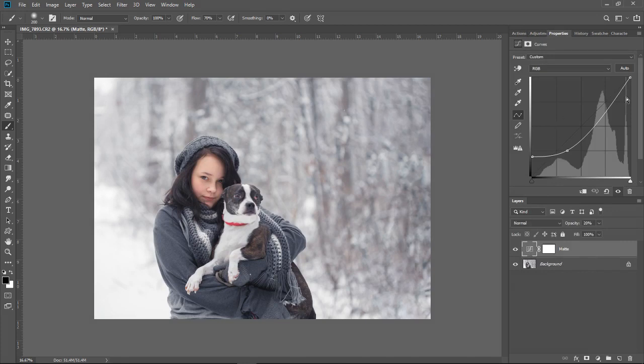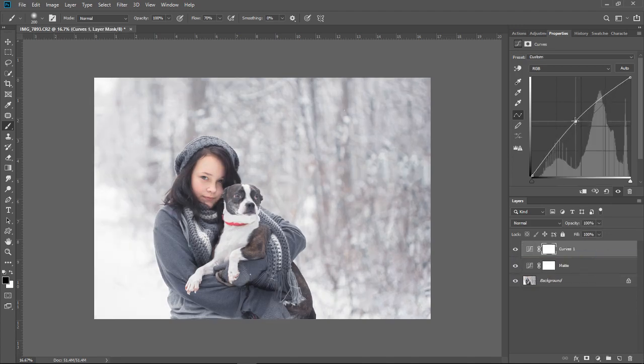It is a curves layer. This is how I make the matte. I pull down here and raise up the bottom, but then I decrease the opacity to 20%, and that just puts a little matte effect on it. And then I'm going to create another curves layer and bring up the center,